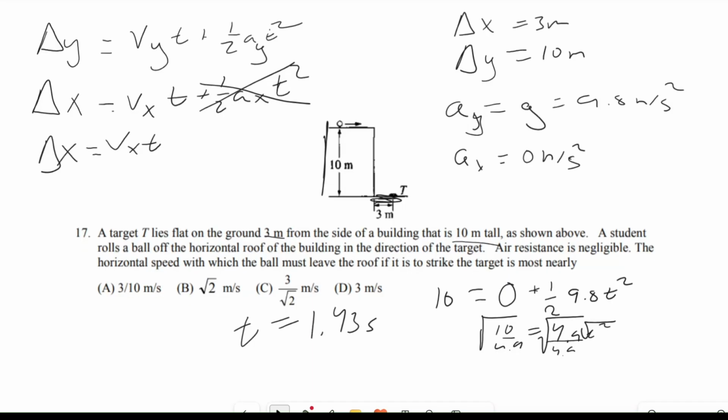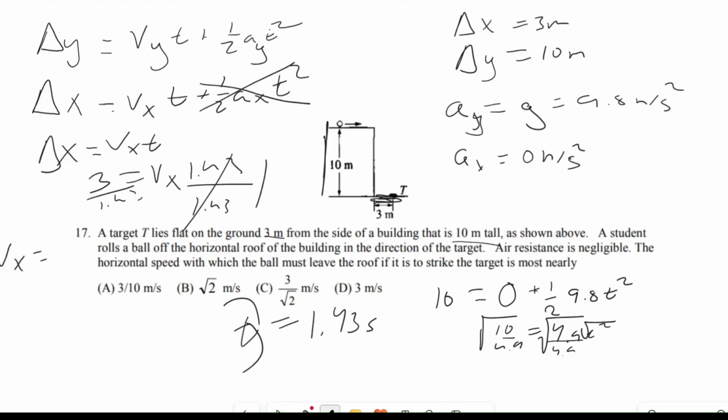1.43 seconds. And now that we have t equal to 1.43 seconds, as I said, the time is the same in the x and in the y direction, so we can take this value of t and plug it straight back up here. When we do that, we'll have delta x, which we said was 3, is equal to Vx, what we're solving for, times t, which is our 1.43. To get Vx by itself, we'll just divide by 1.43, so this cancels out to 1, and this divided by 1.43 gives us that Vx is equal to